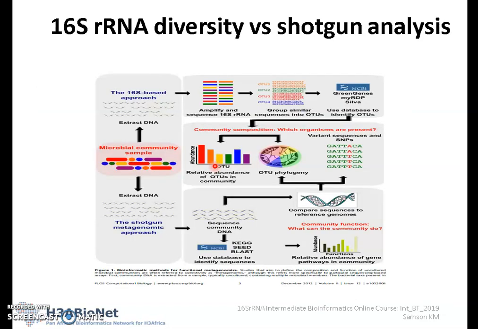So in view of that, now I thought maybe we could compare 16S and shotgun metagenomics, because some people confuse the 16S microbiome study with the metagenomic microbiome study. So I'll show on this slide